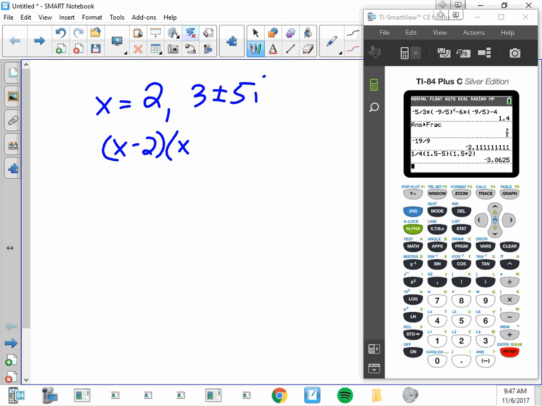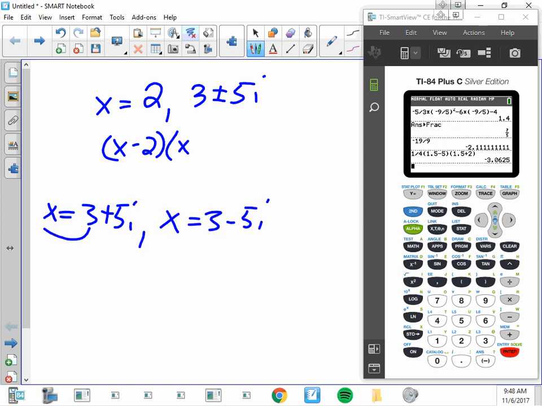Minus 3 minus 5i and x minus 3 plus 5i. If I set both of those equal to 0, x equals 3 plus 5i and x equals 3 minus 5i,